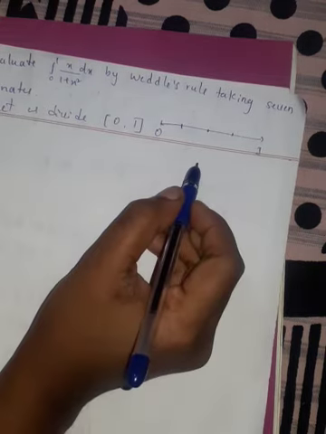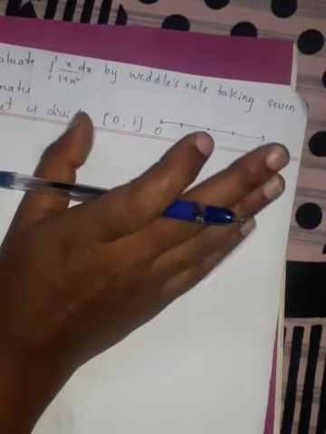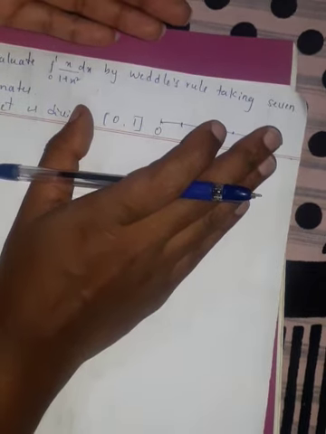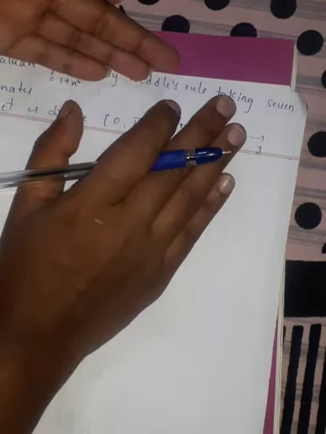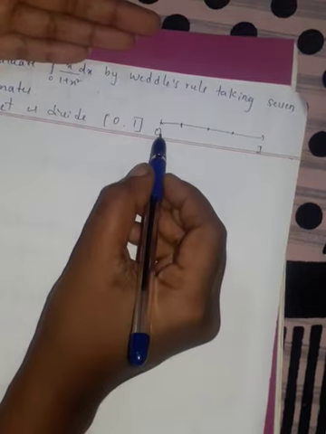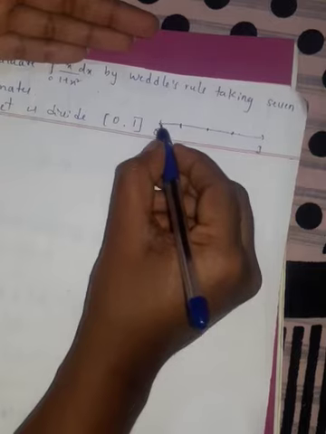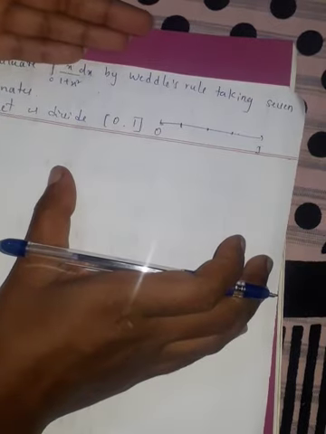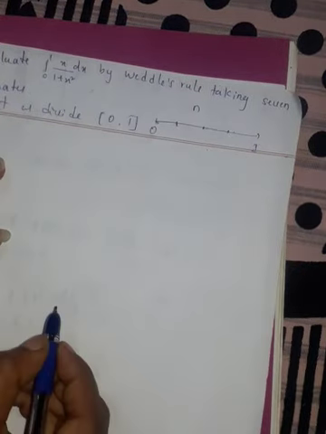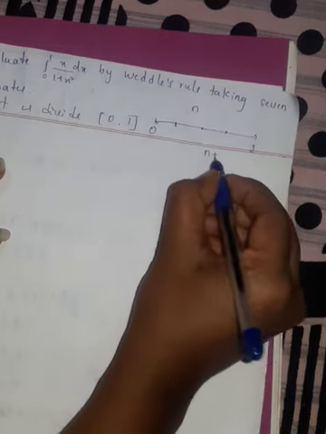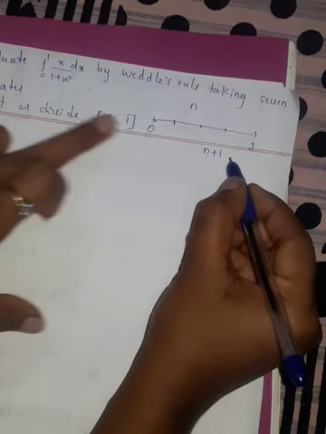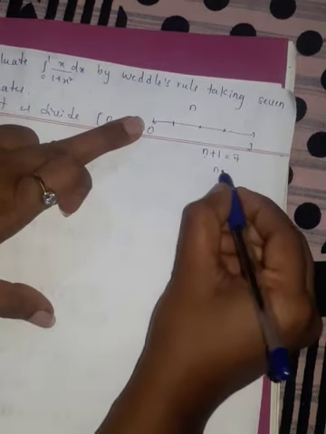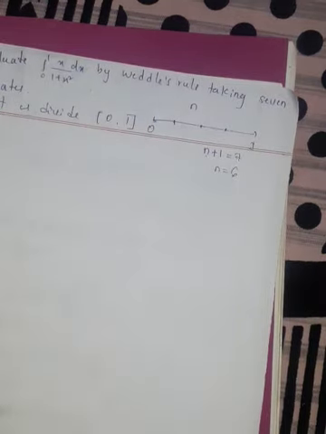So 7 ordinates they gave, and we have discussed that the important note for Weddle's rule is that our n should be a multiple of 6. So that we have to keep in mind. So 7 ordinates means we should have 7 points. 0 to 1 we should have 7 points but 6 parts. As I told, if we have n parts, then we should have n plus 1 values or n plus 1 ordinates. Now here how many ordinates are there? 7 ordinates are there. So our n is what? 6. So parts should be 6.